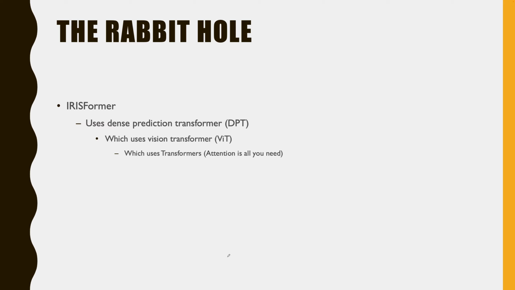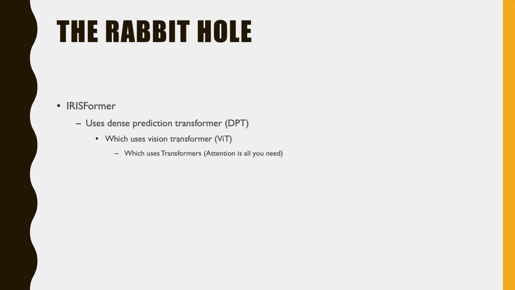To explain this paper, the best way to go is to go to the previous papers. In our case, we have to go to the dense prediction transformer, which is one of the first papers to propose to use transformers to do dense prediction in an image. But to understand this one, you have to go a little bit further away, which is